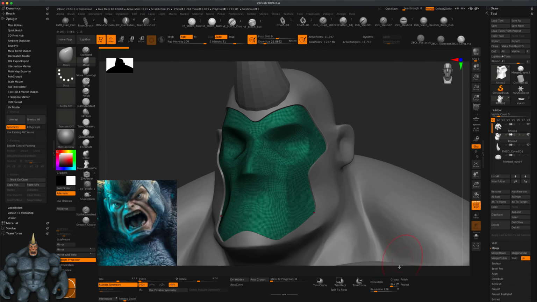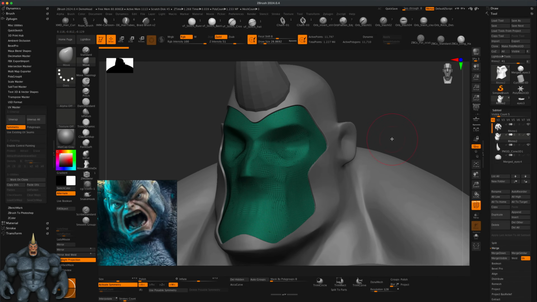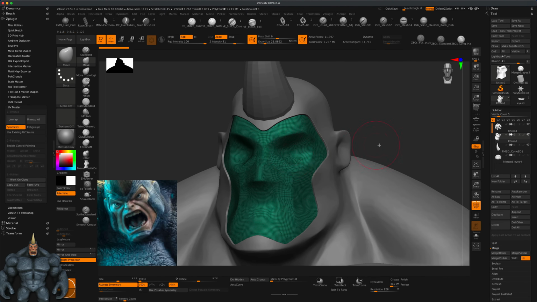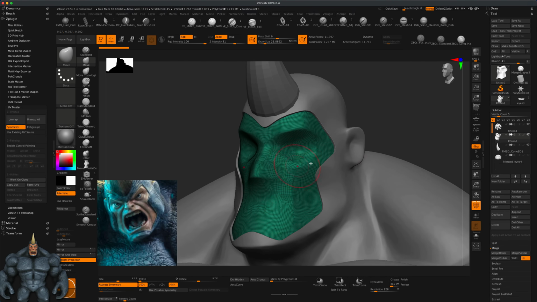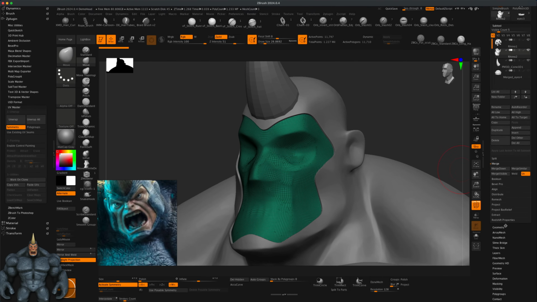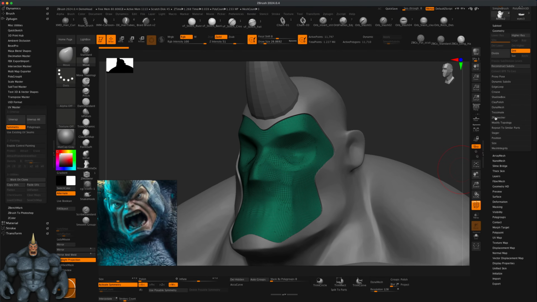So there's many ways we can do it. We can turn this into Dynamesh. We can use our sculpting tools. Now remember, we do have our teeth, right, ready to go. So I think the easiest way to do this is to make this topology just a little more usable, a little prettier, right? So what I'm going to do is go to geometry, and let's just ZRemesh this,